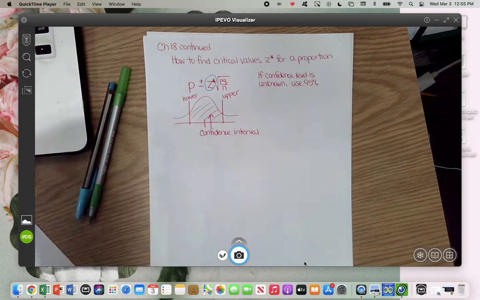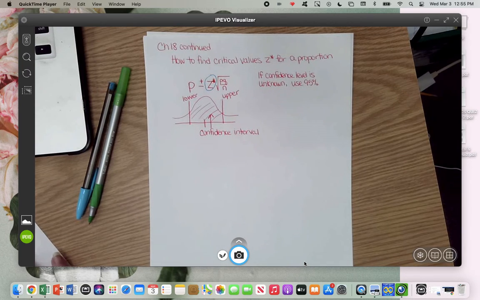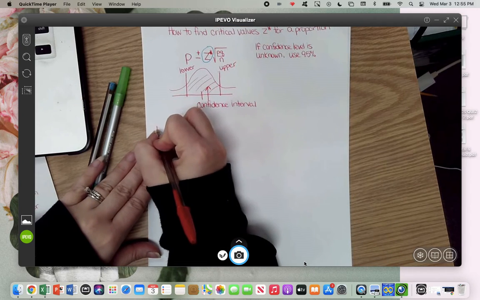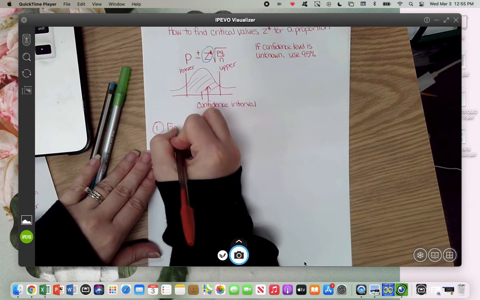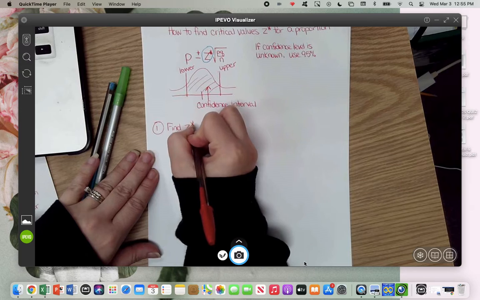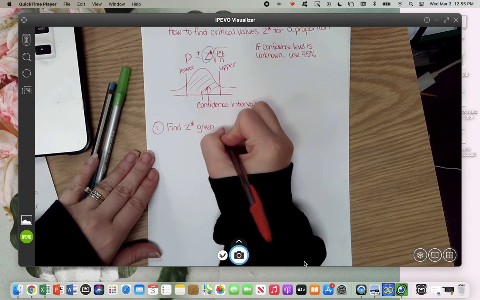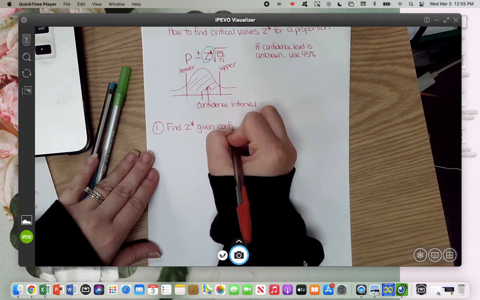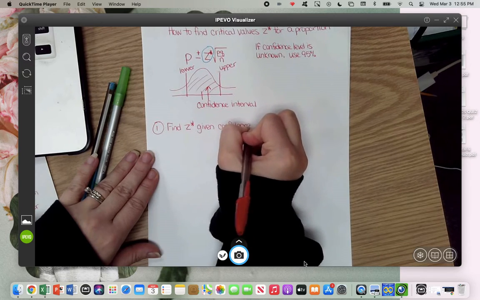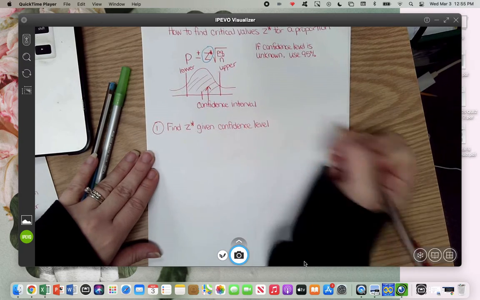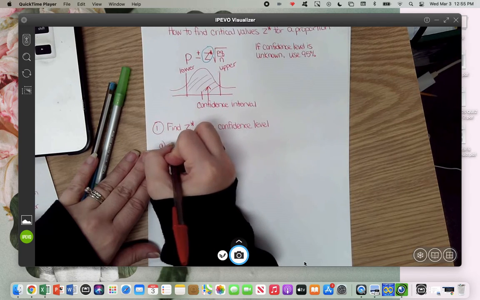So the first thing I am going to do is give you some examples of how to find a z-score given a confidence level. So that's our first example: finding the z, that critical value, given the confidence level. All right, so the very first one I'm going to recommend is a 95%